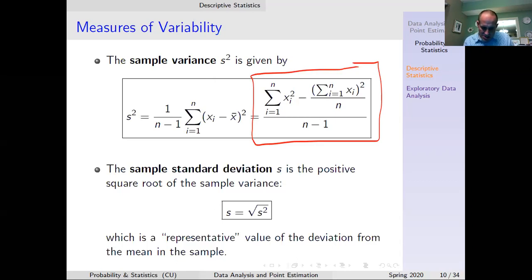Okay, the sample standard deviation, of course, is just the square root of s squared. Remember, for the population standard deviation, that's what you did with the variance, square root. Do the same thing here. This is a representative value of the deviation from the mean in the sample. So here we're trying to capture what's potentially going on in the population by extracting similar information from the sample. Okay, so this is the sample variance and the sample standard deviation, which measures how far